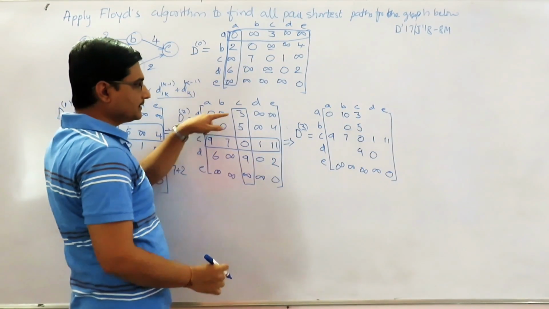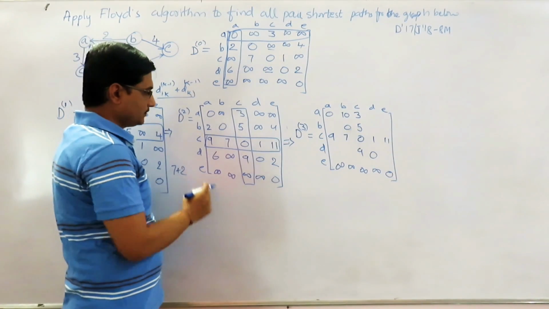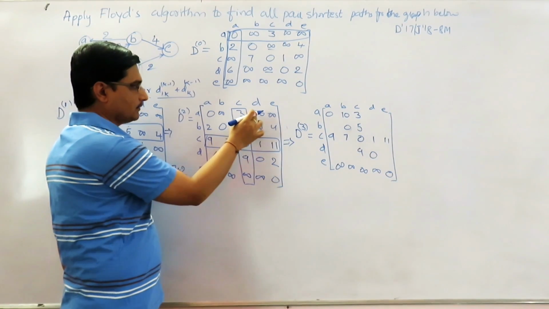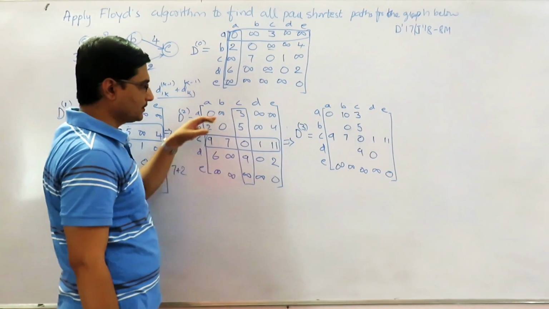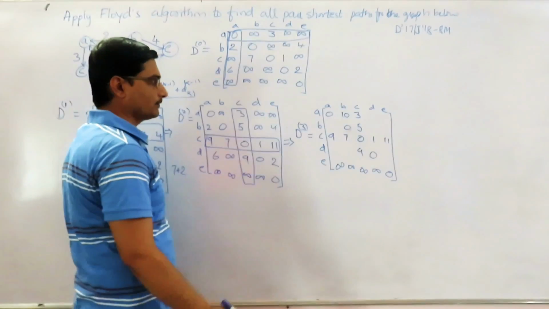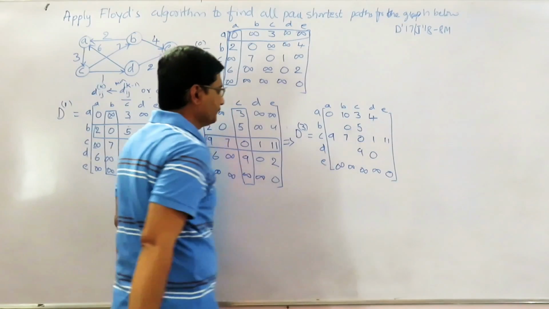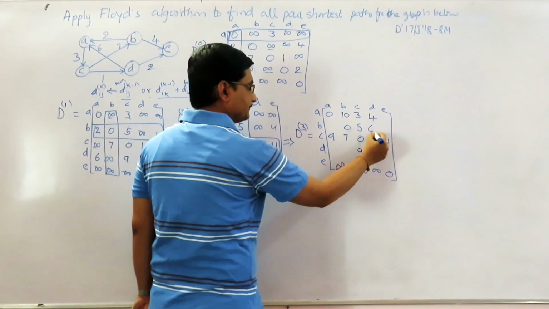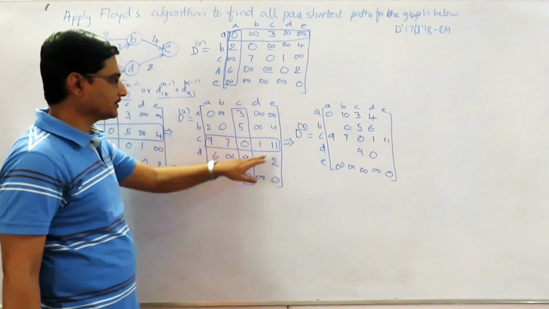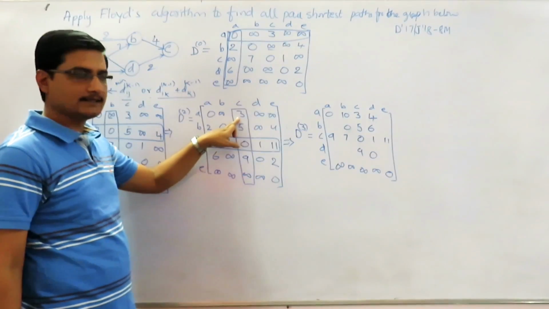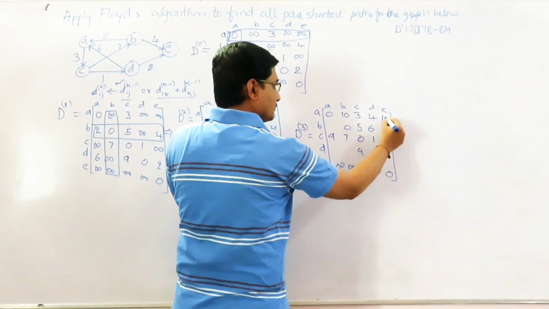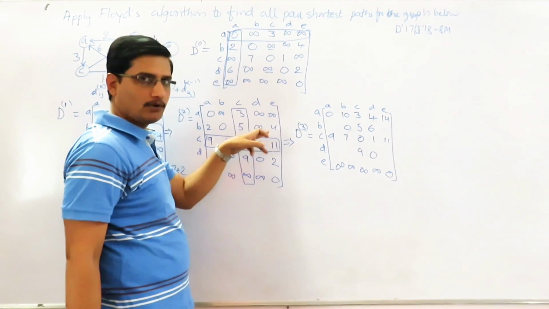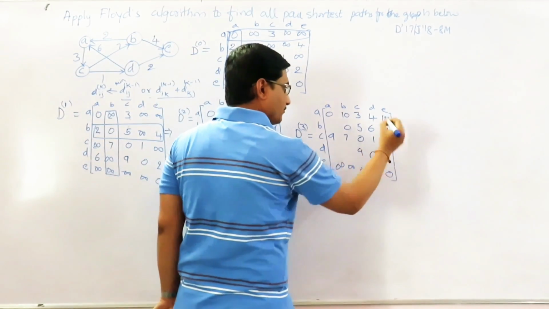10, and this is 3 and this is 1. So third row, third column. So the D column is going to change. 3 plus 1 is 4, and 5 plus 1 is 6. They are less than infinity, so definitely they are going to change. 11 plus 3 is 14. 14 is less than infinity, so again it is going to change. 14. And 5 plus 11 is 15, and the earlier entry is 4. 4 is less, so still we need to go for 4 only.